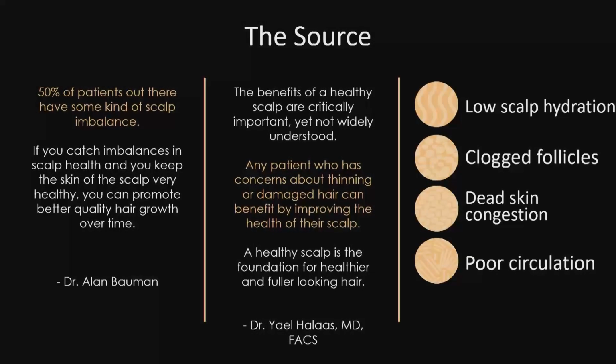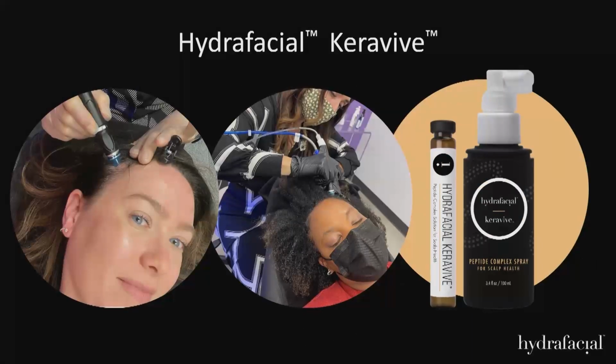We all know that the hair that we see is dead keratin. The activity happens in the follicle embedded in the scalp, where there's a symbiosis between stem cells, epithelial cells, keratin, and sebum. And the benefits of healthy hair growing from a healthy scalp are just starting to become more broadly realized. And it was that realization that led us at Hydrofacial to launch a new treatment in the new category